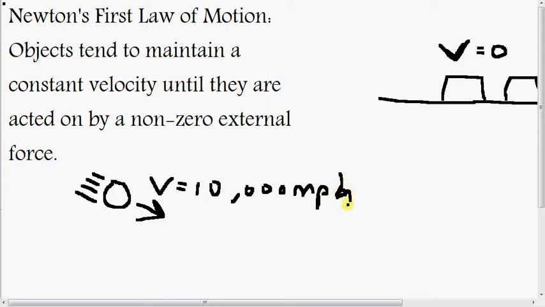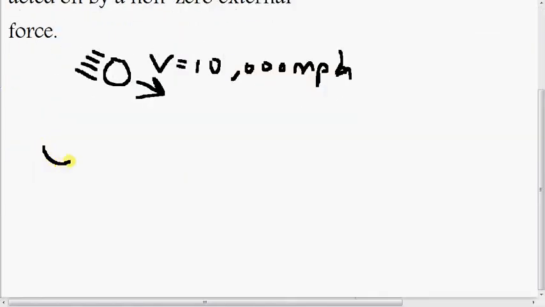Now, where problems start occurring with this law is here on Earth. We don't see things like this here on Earth. If you go out, say, to a bowling alley with some friends, bowling alleys and bowling balls, they always look so happy. They got a little smile on their face. If you take a ball and you roll it down the lane, you would not expect that the velocity you give it, this slow velocity of some number, you would not expect it to continue on for its entire life